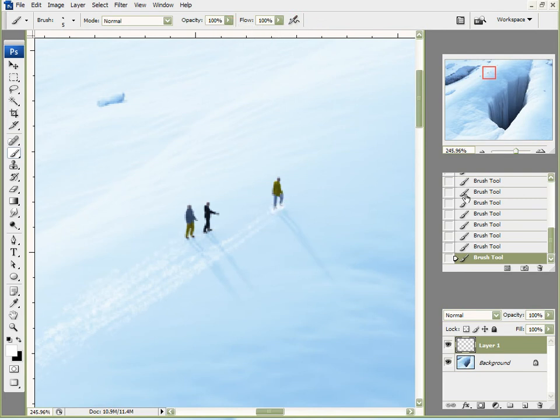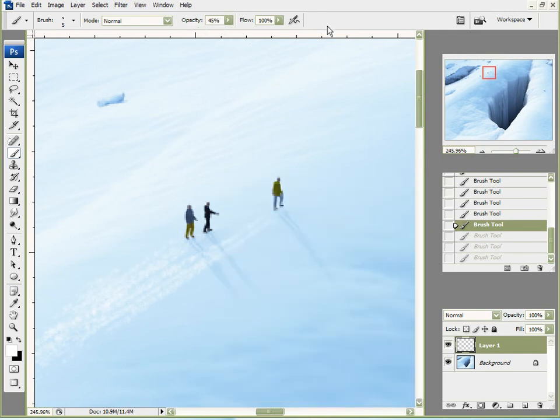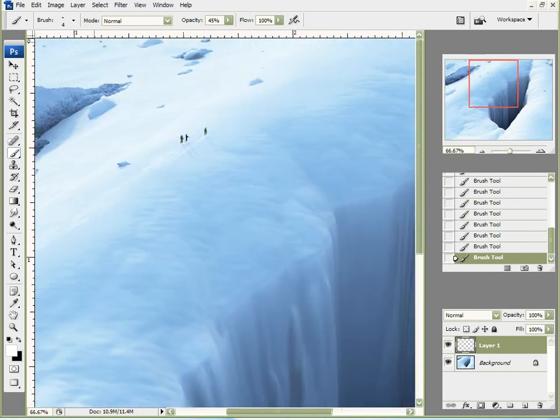And oops, that is a little dark. I think what I will do is uncheck some of these options and paint some snow on their feet so that it looks like their feet are somewhat buried in all this rather than walking on top of it. They're walking through it. Okay, I'm not going to come all the way down here because you'll get the idea. All right,